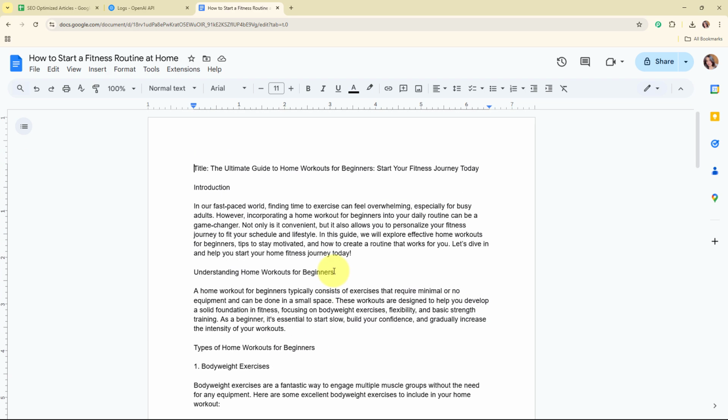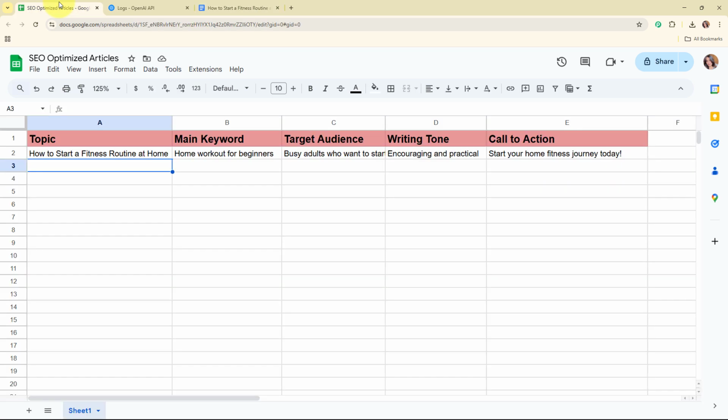Alright, so now here I've already built an automation where I've connected my Google Sheets with my OpenAI account and Google Docs using an automation software named as Pabbly Connect. And now firstly in this video we are going to see the working of this automation to understand the entire process more clearly. Alright, so for that let me add a new detail over here in my Google Sheet.